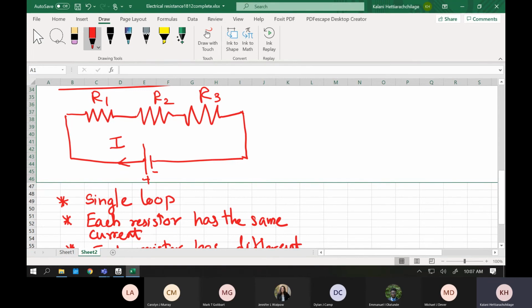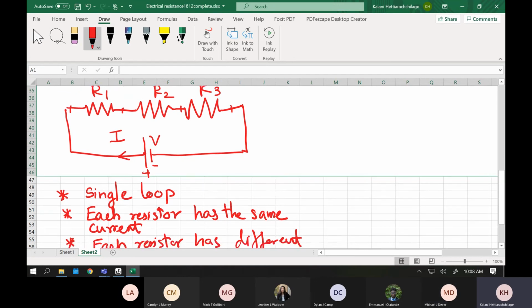But the important thing is the current you produce in the circuit will go through each resistor. That means the whole loop has the same current everywhere. That's the one important thing when you check to identify your series resistance. The other thing is, if you supply the voltage in here, this voltage is divided into these three parts. That means each resistor has a different voltage. If that's the case, that is series.